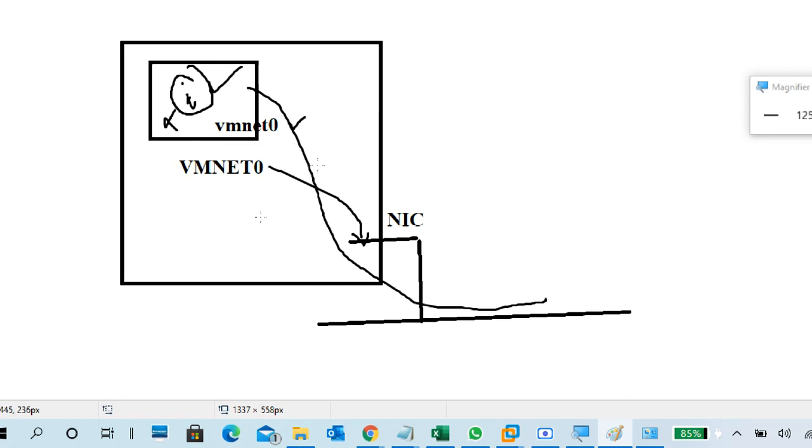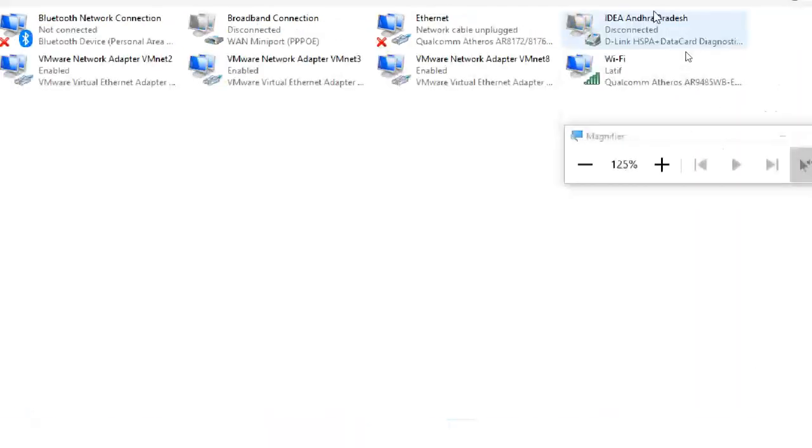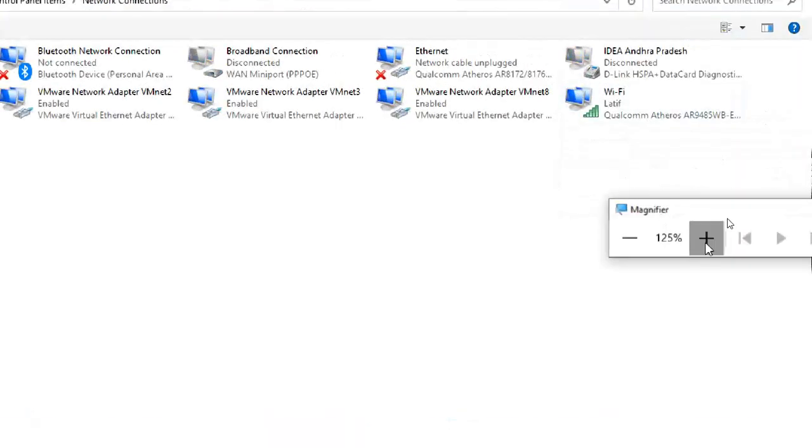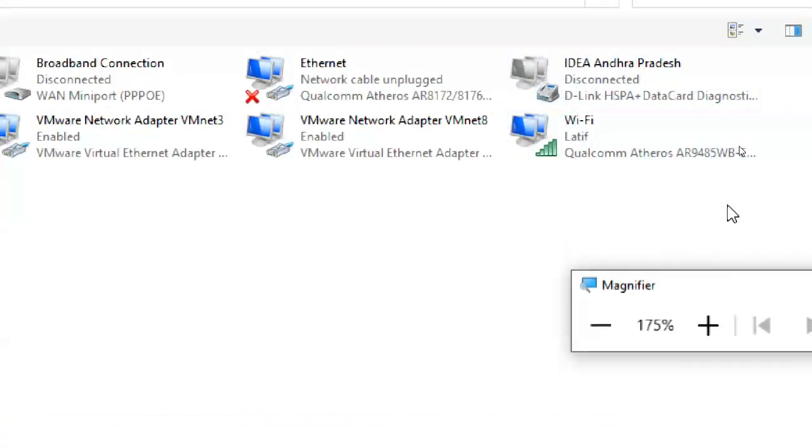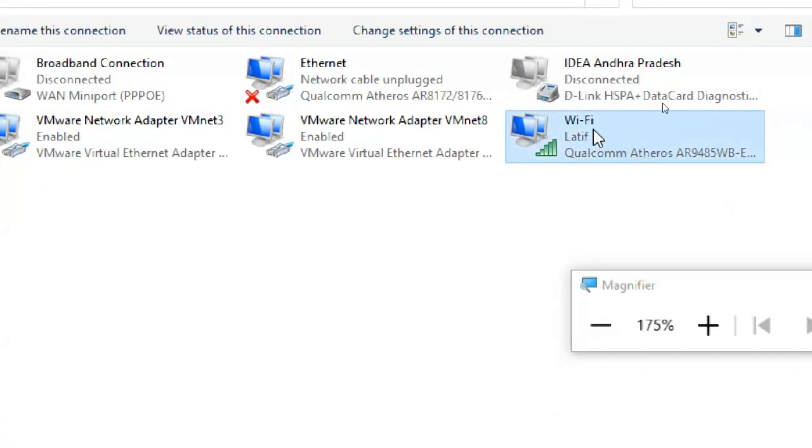So in that condition, VMnet0 bridging to your physical NIC, you will get outside network communication. If you are still not getting internet, for example, what to do? Go to your adapter. Maybe a certain setting is not done properly in the adapter, and you can change it.